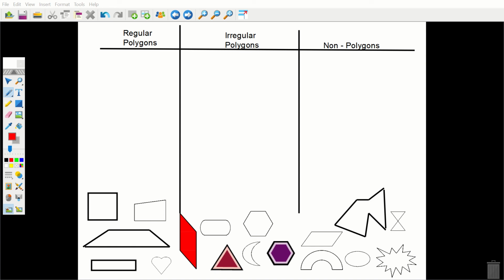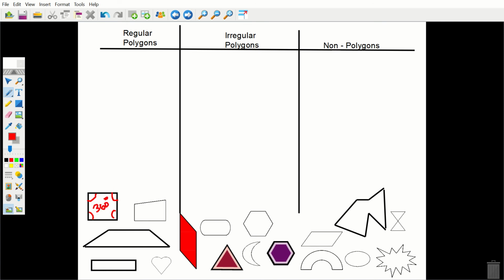Number two, any polygon, by definition, may not have curved sides; there may not be any circular type line segments in them. And also, all of a polygon's interior angles, when you add them up,